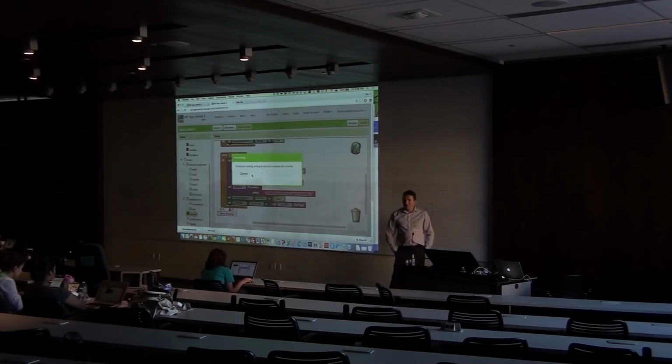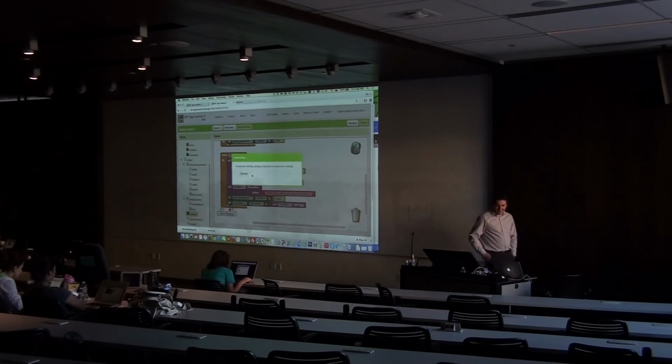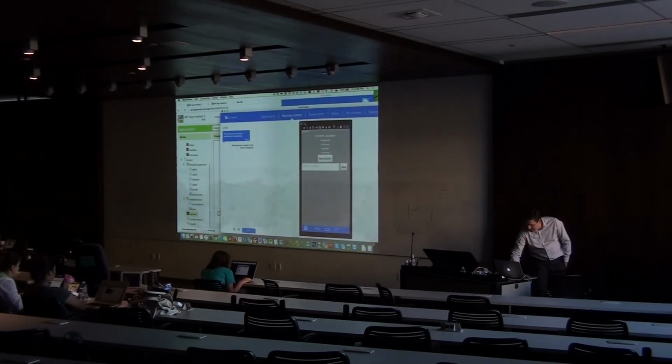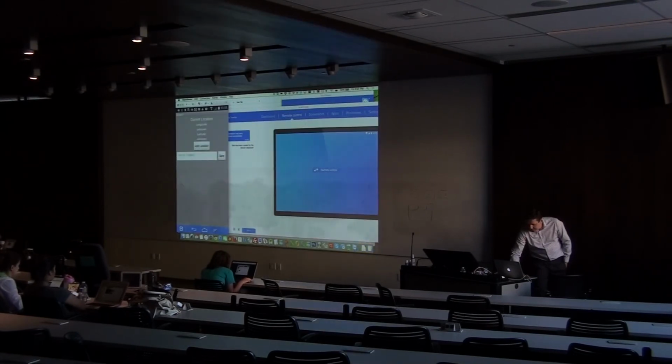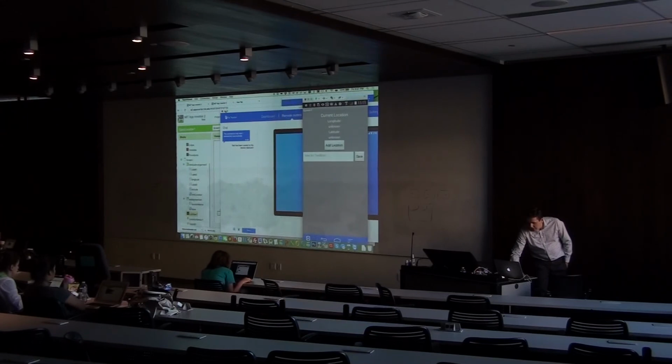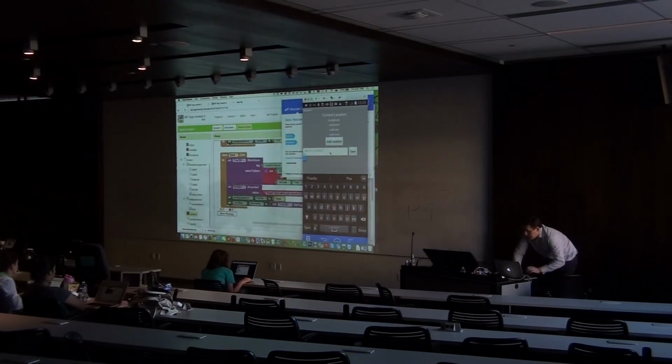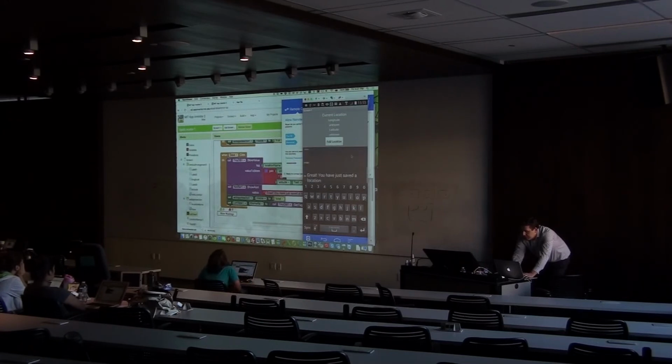Hopefully we will see the GPS location this time. Okay, so here is our app. We can save the location, let's call it Pete 104, and we press save, and we see